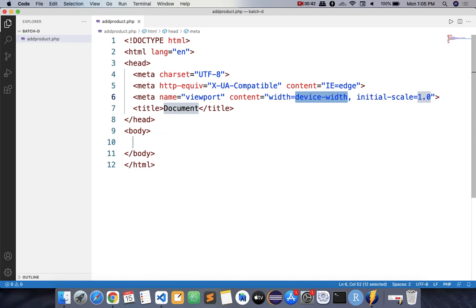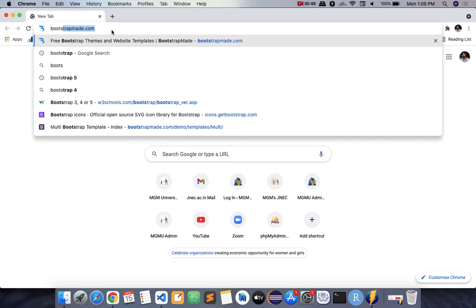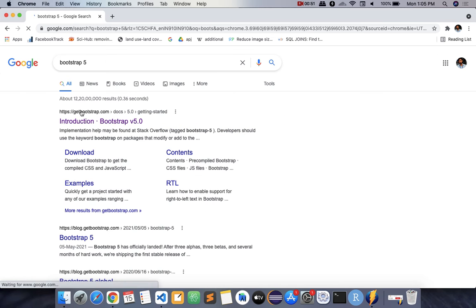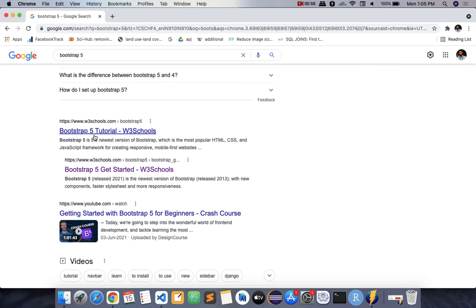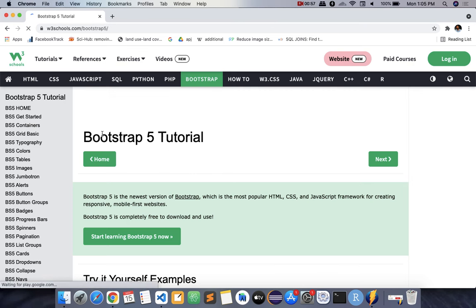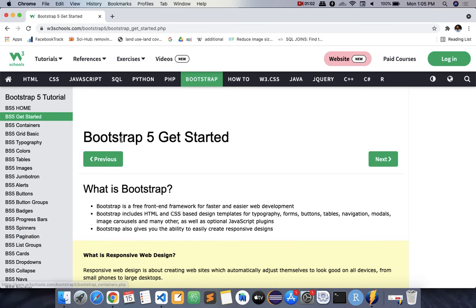So I'll use HTML5, and here we are going to use Bootstrap. So search for Bootstrap 5. Visit the Bootstrap site or go to the W3 website. I'll prefer W3 because it is simple. Then click on the get started option.